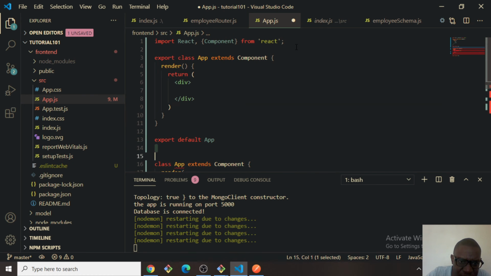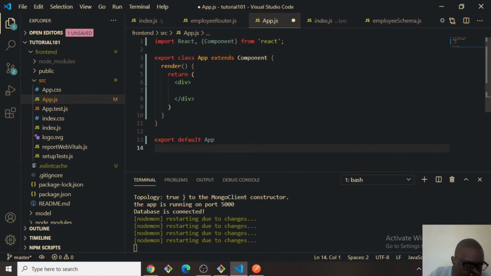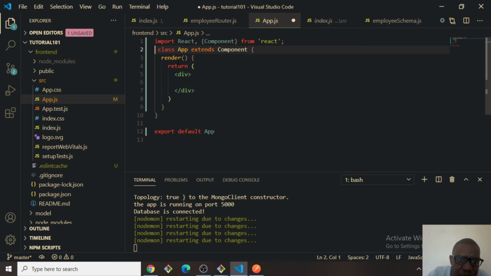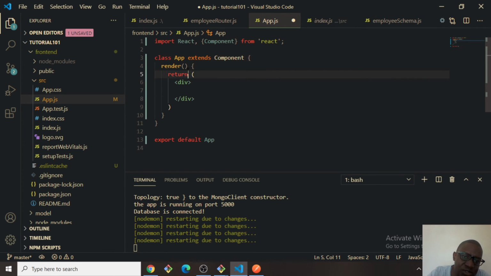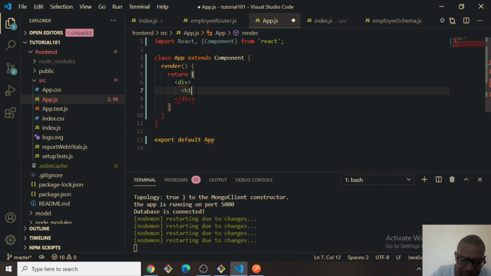Let me just remove everything here at the bottom because it's done. So I just used a shortcut. I don't need that. What was I doing wrong? Oh yes, silly me. The way I was calling render was off. Class App extends Component. Yes, render. So to test whether it's working,